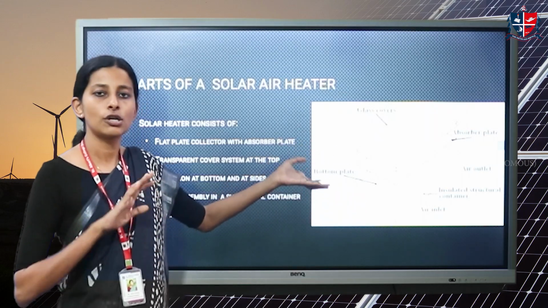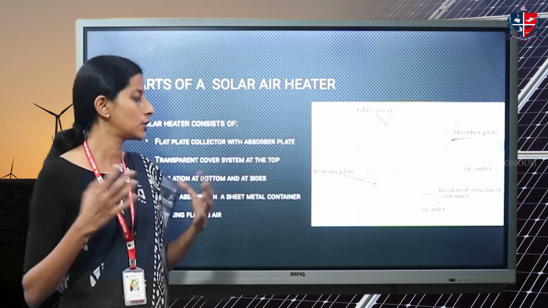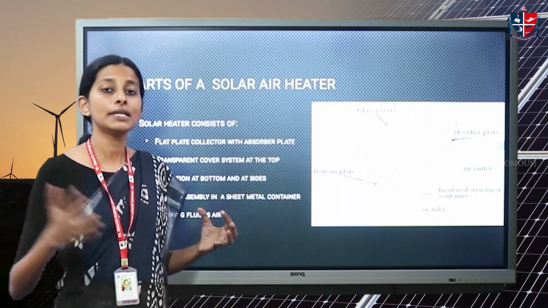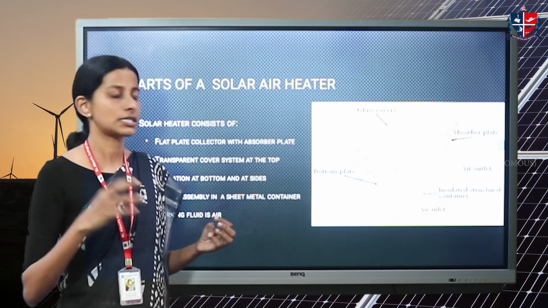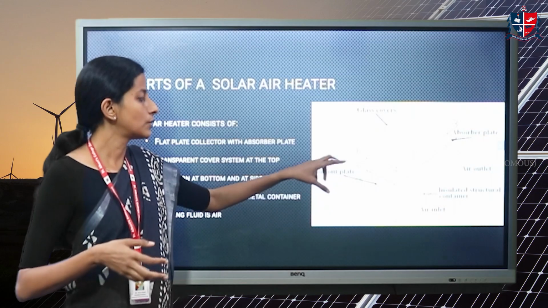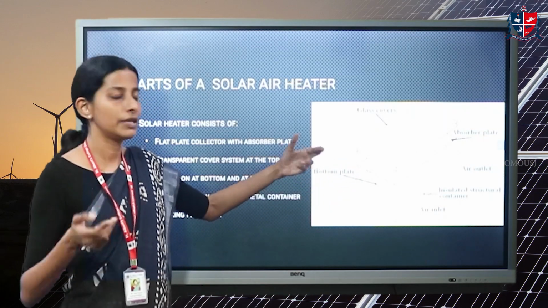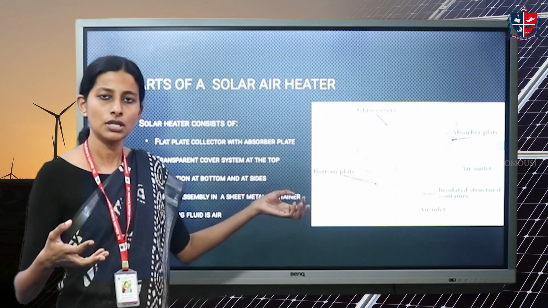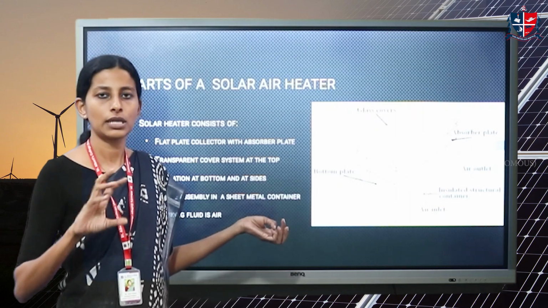And on the contrary, we also have active heating. In active heating, the peculiarity is we need to make use of external devices to supplement the flow of air. For that, we can use fans or external blowers, etc., so that the circulation is made faster. That is the difference between active and passive heating. When you do an analysis, we can understand that active heaters are always more efficient. But on the contrary, there are moving parts to it. You need fans and blowers, so maintenance is difficult.